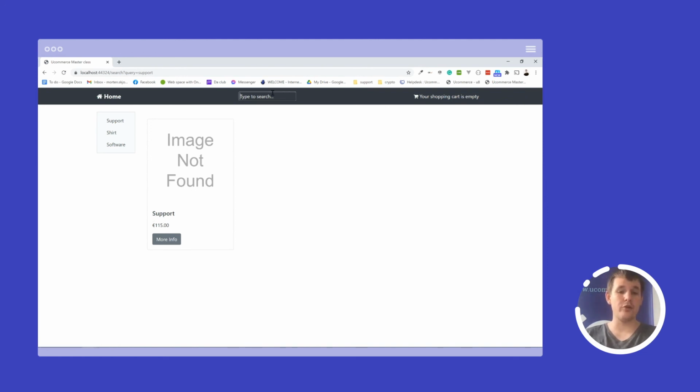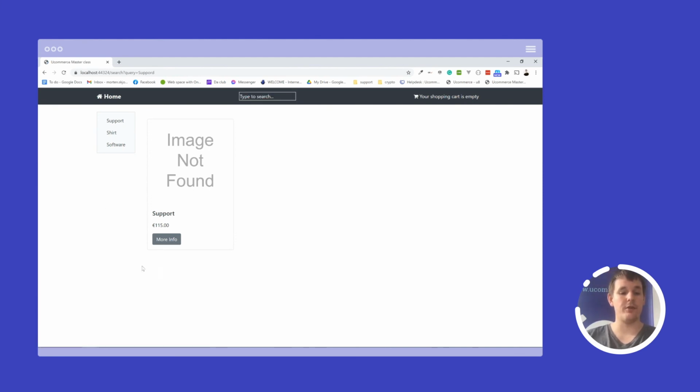One thing that I could do here would be to type PPO, and that would still find support because that's the wildcard search in action. I search for a phrase that exists, and on both sides of the search term there's something there, so support will naturally be found. I can also search for support with a misspelling. So instead of support with a T, I misspelled it with a D,